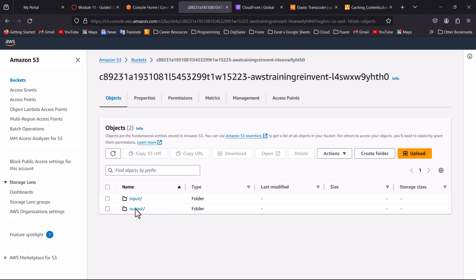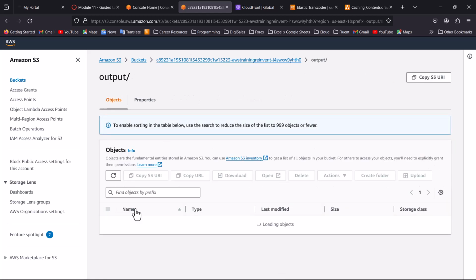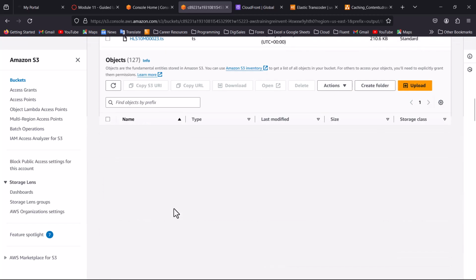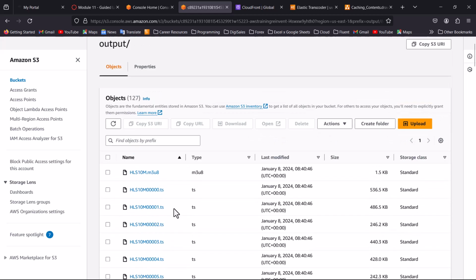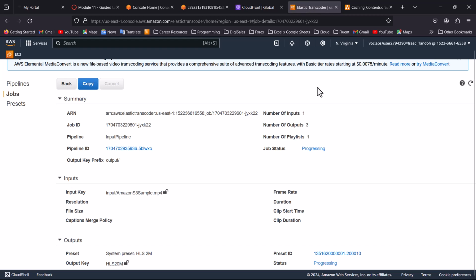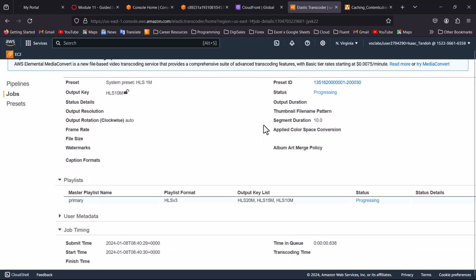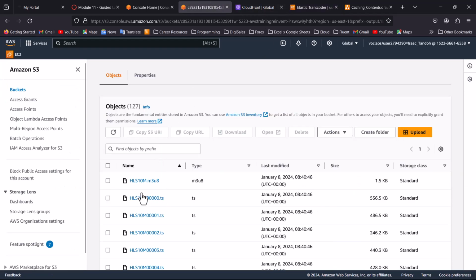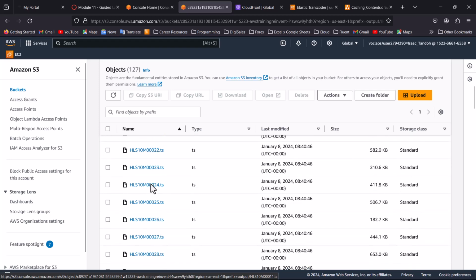Okay, so you can see now we have the output folder, and if I open the output folder, we should now see some files being populated here, right? So you can see the files being populated here. The encoding job, I don't think it's done. All right, so we have to wait for some time till it's done, because we are going to play the playlist file right there. So it should look like something like this, but this playlist is for the HLS10M that we created. The file we need is